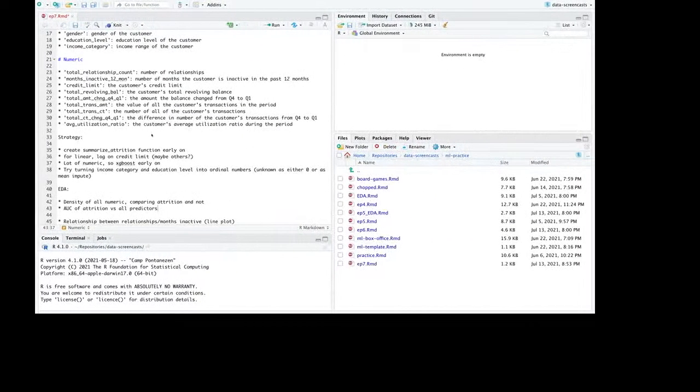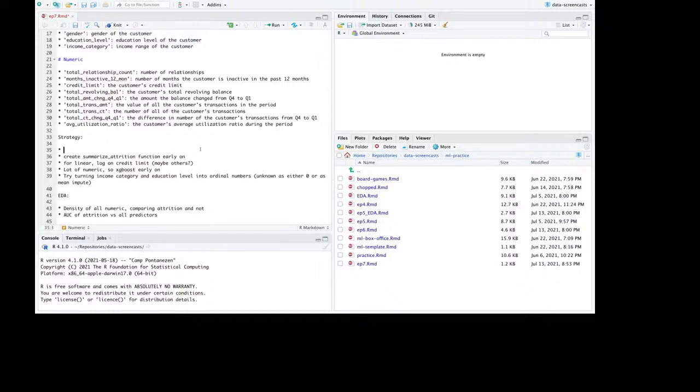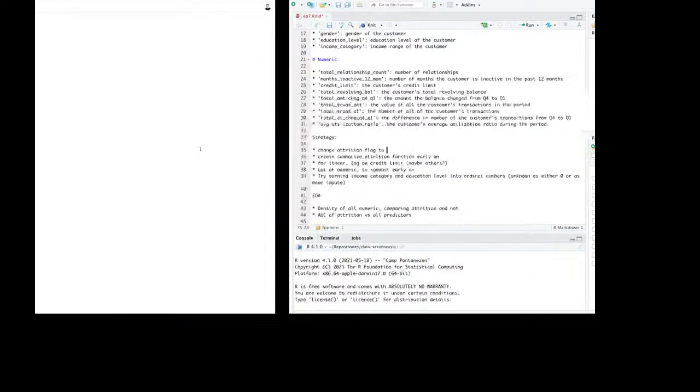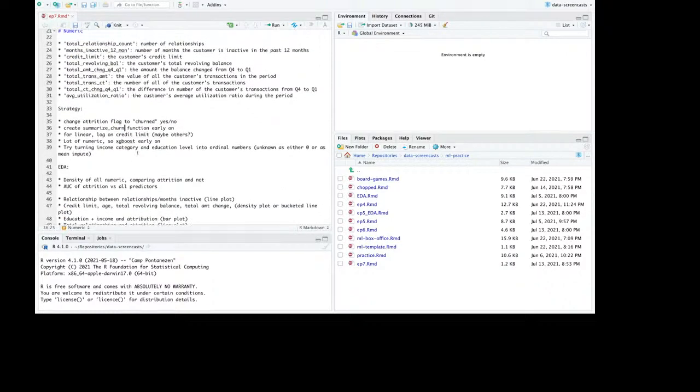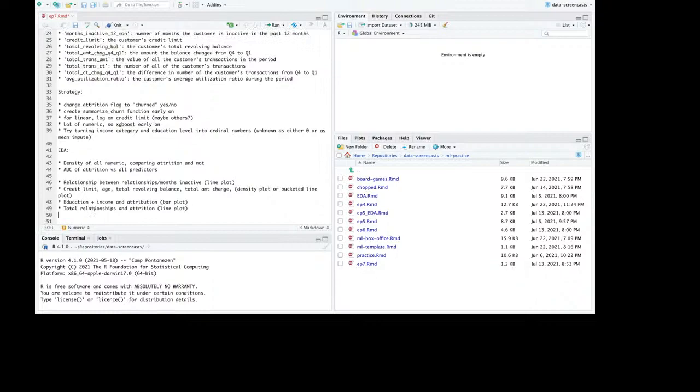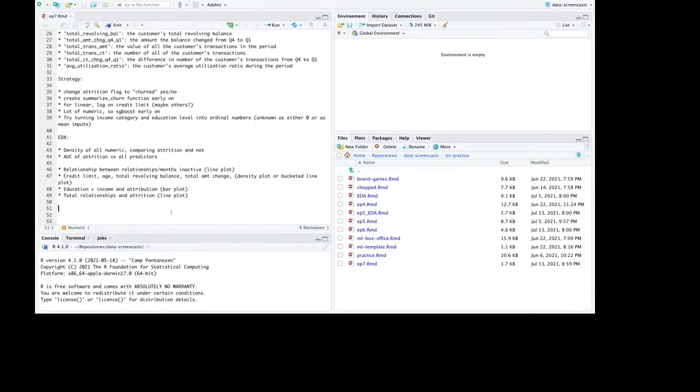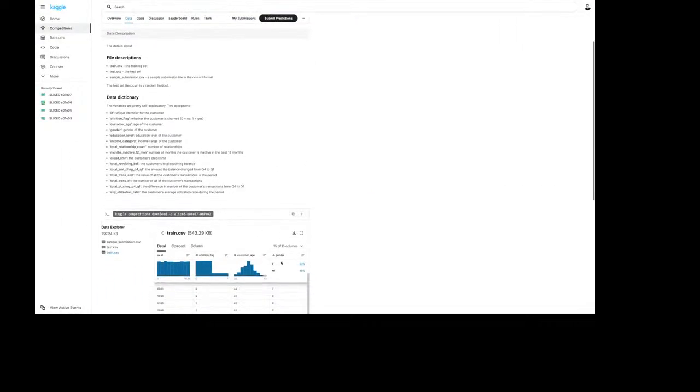Attrition flag is going to need to be changed to churn, what is it? Churned. Yes, no, it's going to be a lot easier to work with. I know the word attrition is too long, so I'll say churn. Yeah, this would be some good stuff. So we're going to see some of these relationships. Then I want to dig into some of these variables a little more.